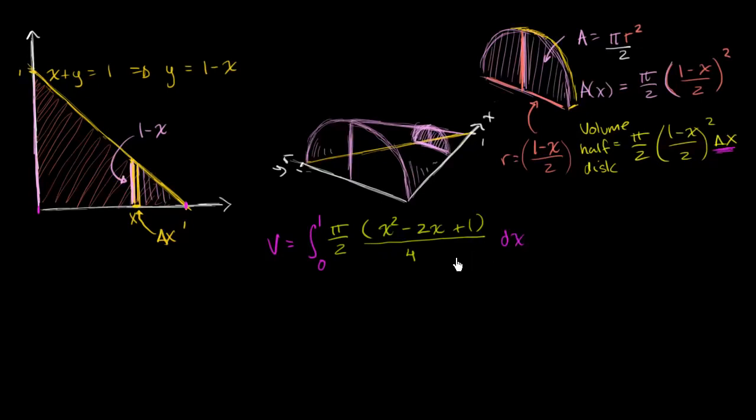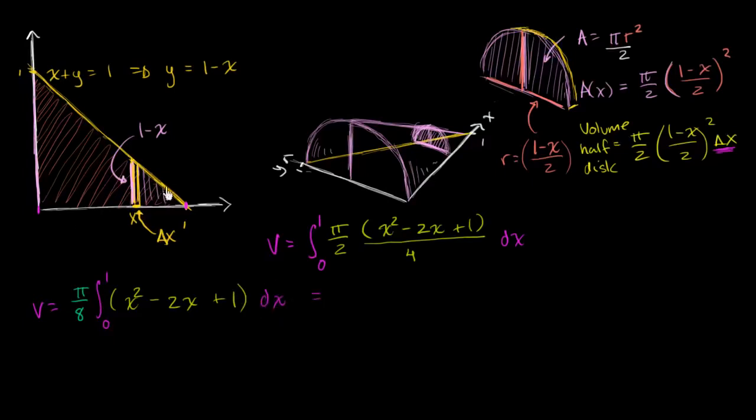And if you feel inspired at the moment, feel free to pause and try to evaluate this definite integral. So let's just take some of these constants out. So let's take pi over 8 out. So our volume is going to be equal to pi over 8 times the definite integral from 0 to 1 of x squared minus 2x plus 1 dx,